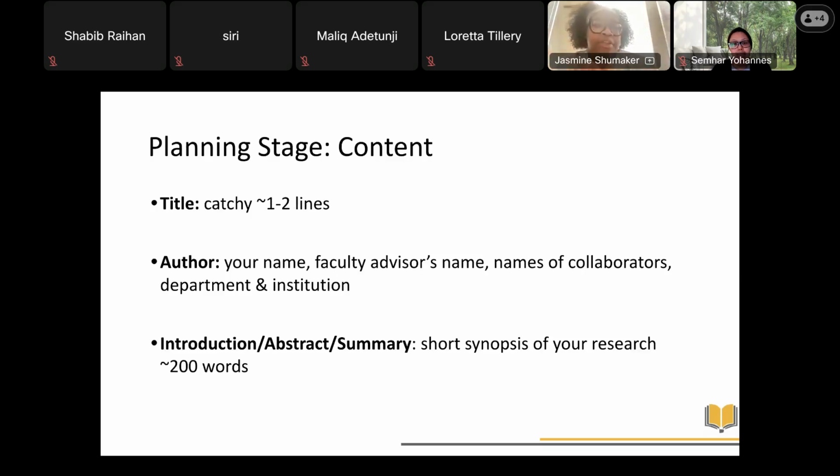Okay, so what actually goes onto a poster? No matter the discipline, you'll have a title, something catchy, something that will grab the attention of attendees or viewers of your poster. The author information, your name, your advisor's name, any collaborators or classmates that worked on the poster with you, an introduction or abstract, a short synopsis of your research,